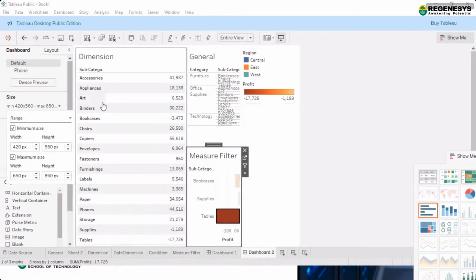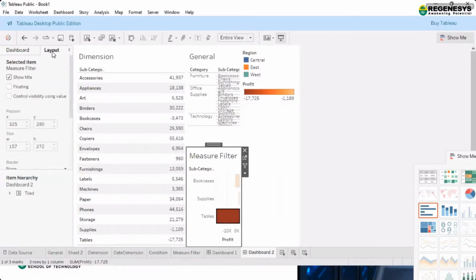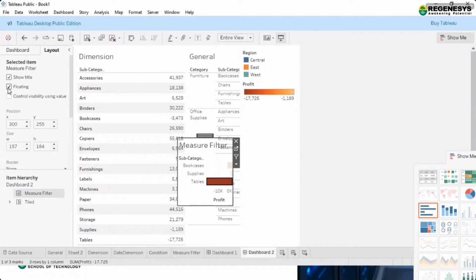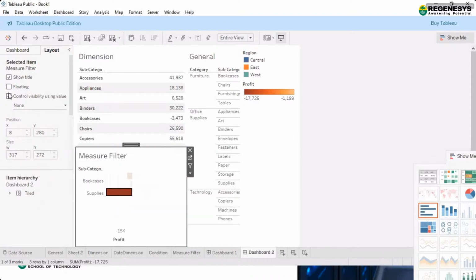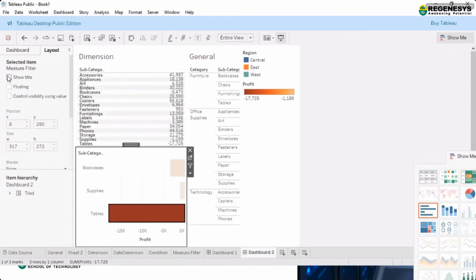Now here, from here you can even set the values, or you can just use it in the floating way. Control visibility using values. You can just do it and show title. If I'm not using this, the titles will disappear.